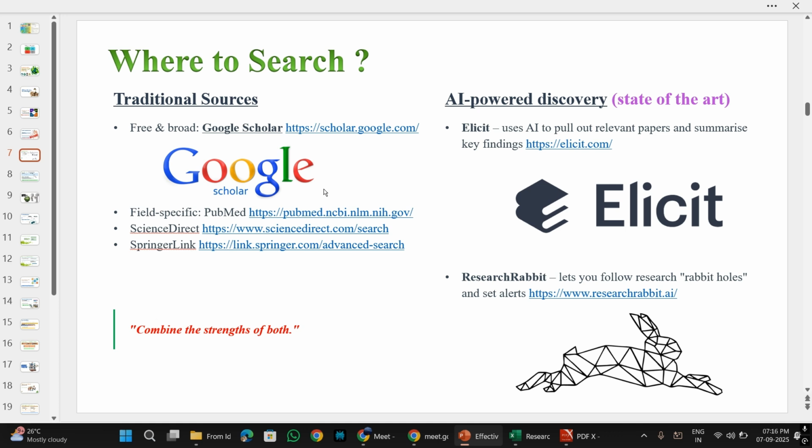Now, these are the ones that we will also take up as a hands on activity. In our hands on activity, I have asked you to pick one research problem that you would like to research around, and to frame at least two objectives. Using those, we will search for relevant literature from quality, peer reviewed journals. So that is one hands on activity that we are going to do, in which we will include Elicit, Research Rabbit, as well as Google Scholar.